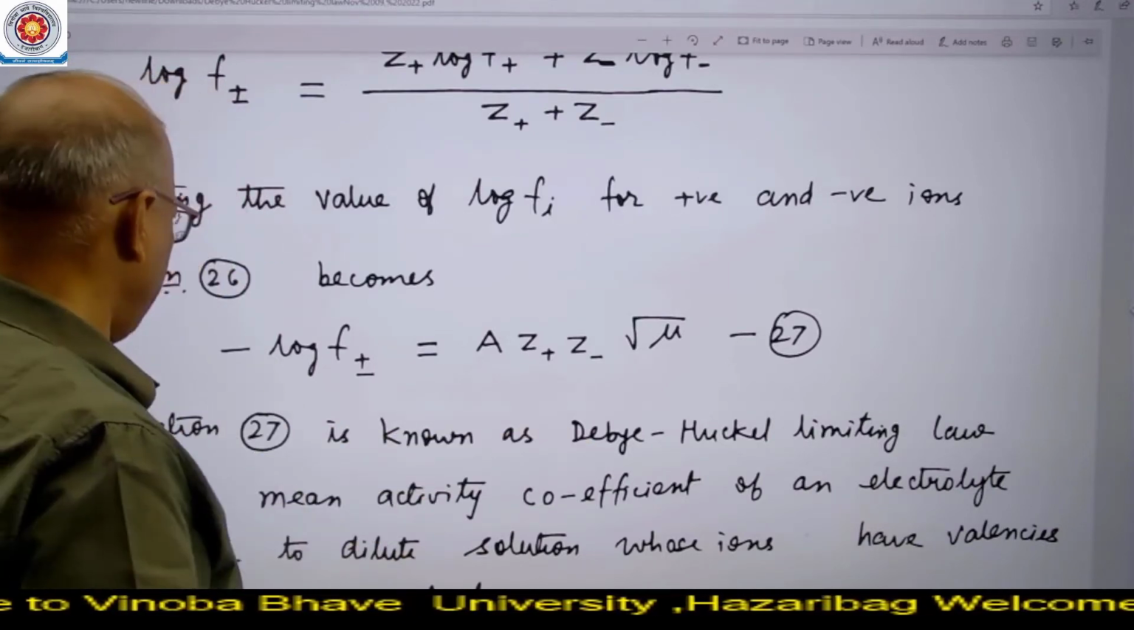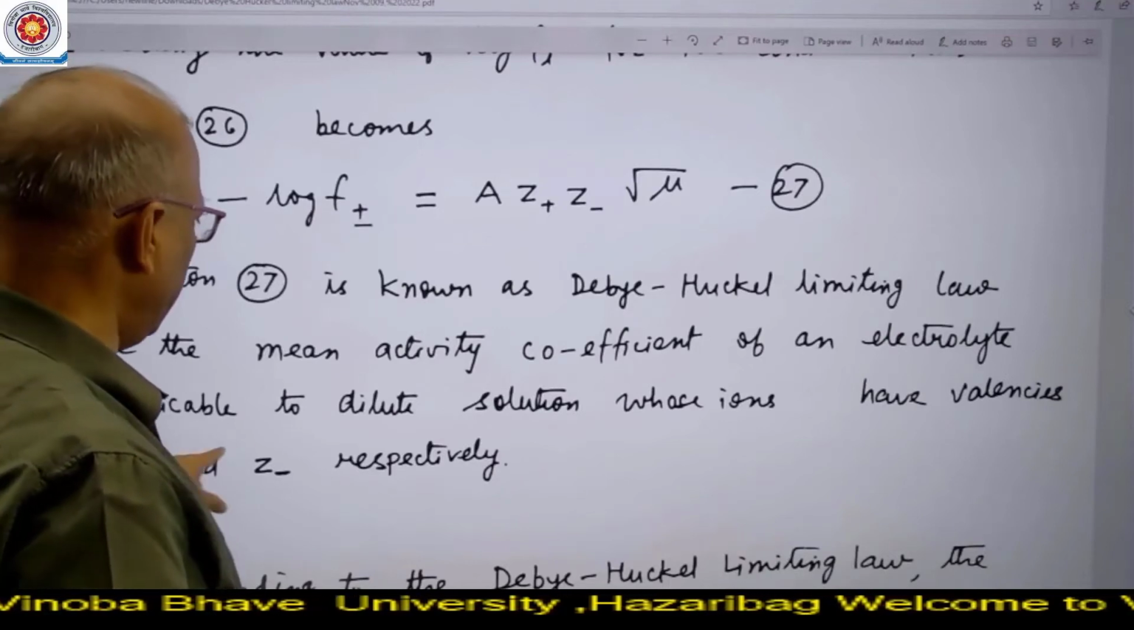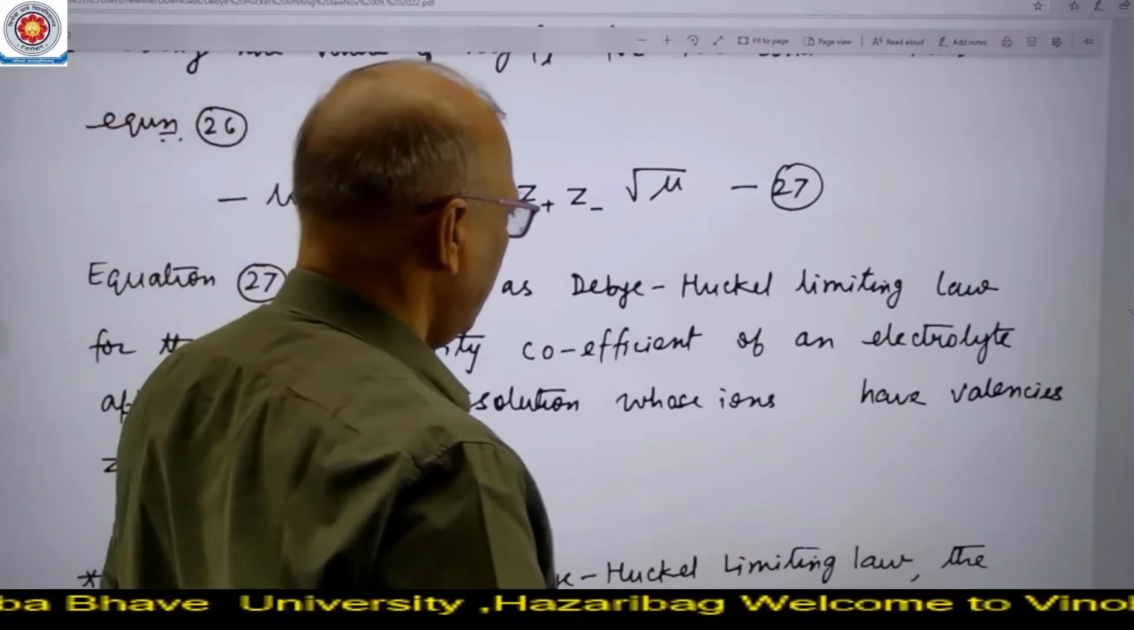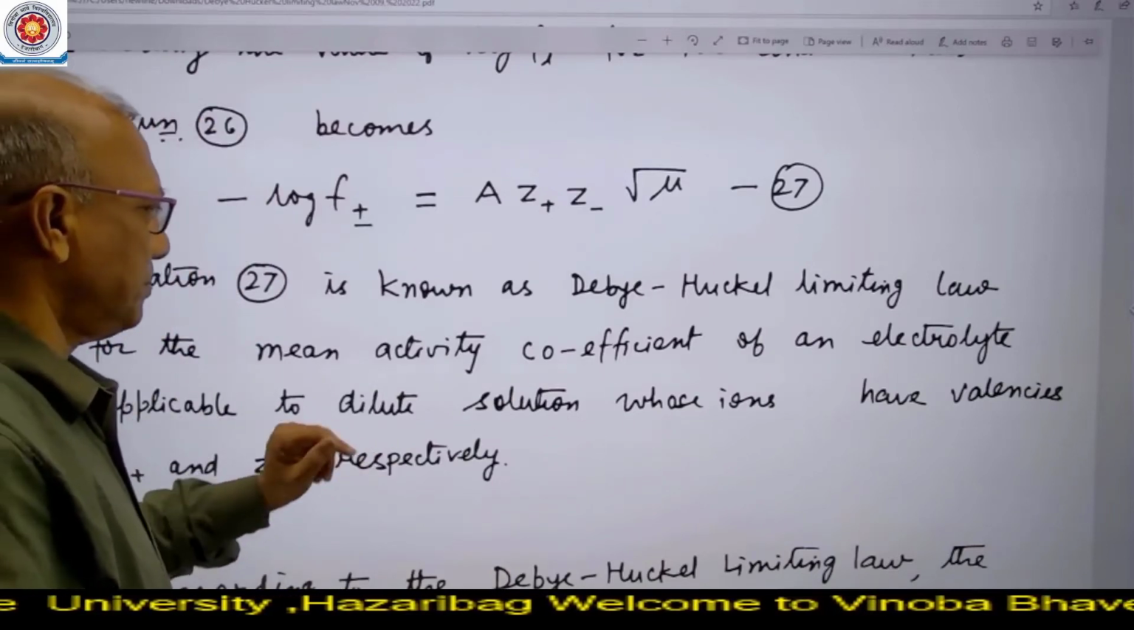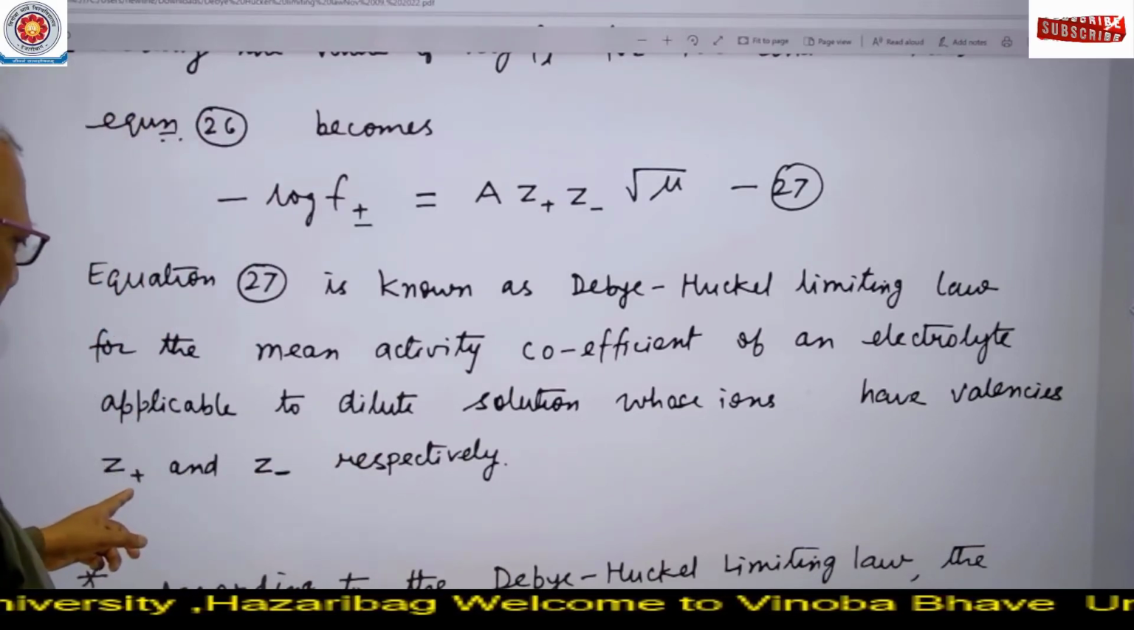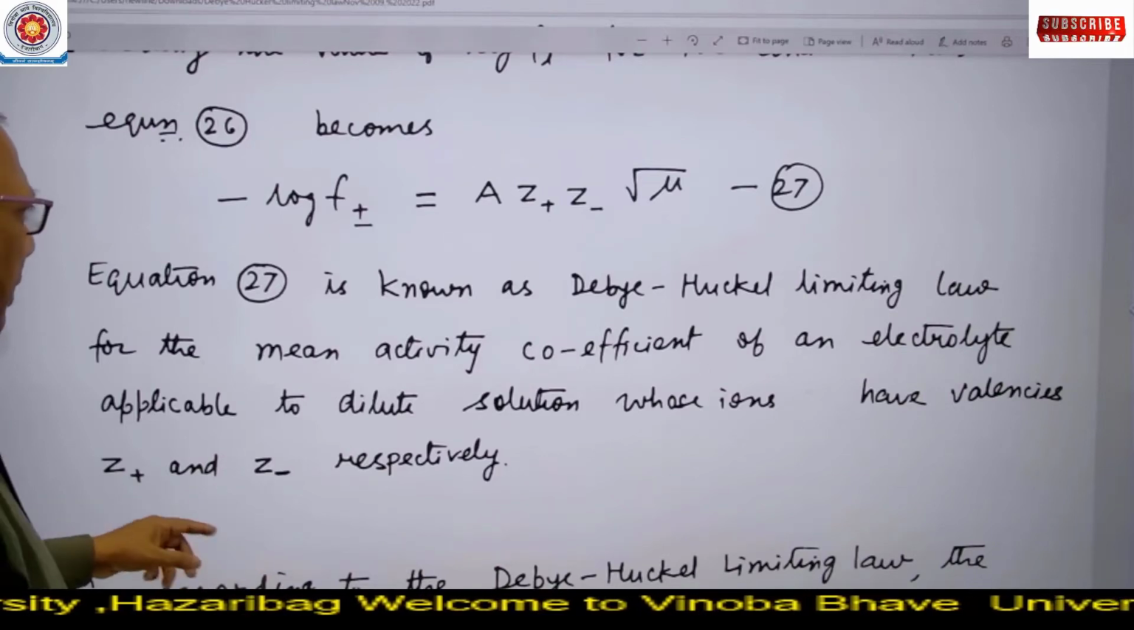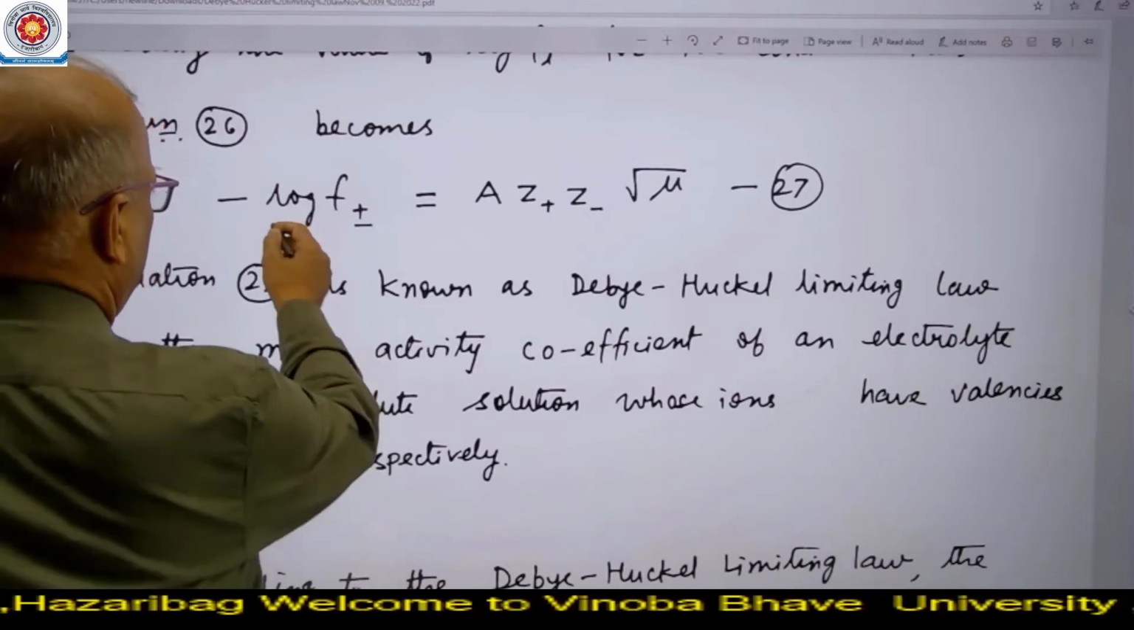mean activity coefficient of an electrolyte applicable to the dilute solution whose ions have valencies Z plus and Z minus respectively. मतलब कटायन की ये वैलेंसी है और ये अनायन की वैलेंसी है, और एक्टिविटी कोएफिशिएंट मीन एक्टिविटी